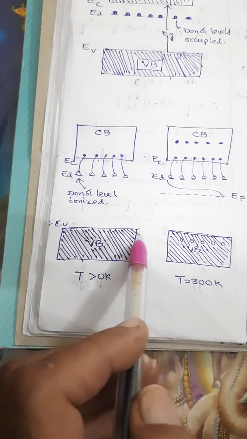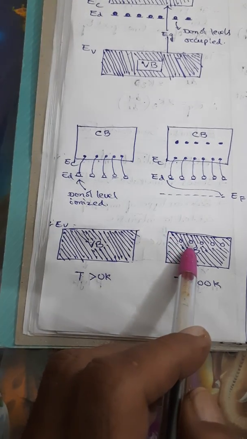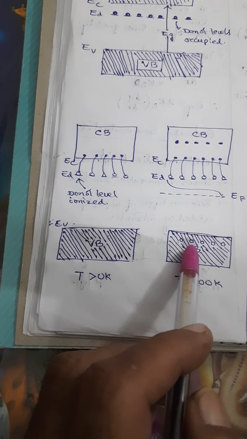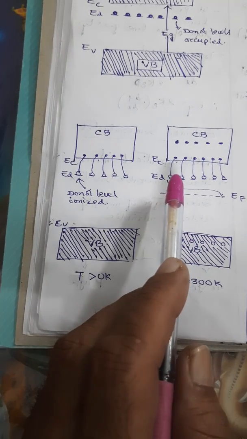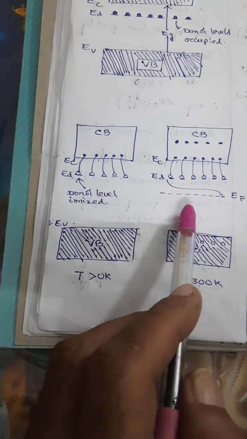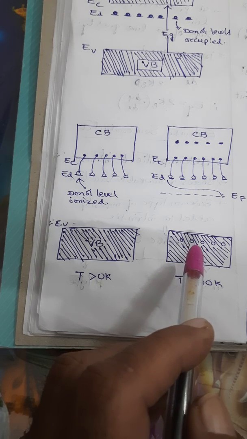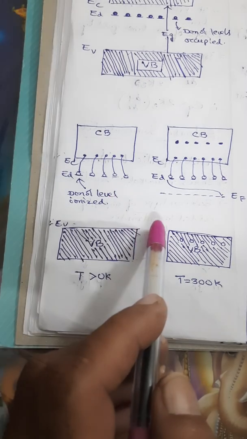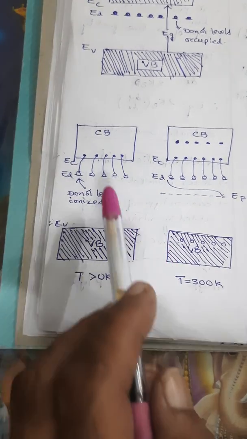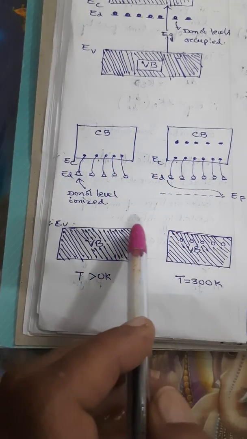That is, electrons move from the valence band to the conduction band, leaving holes in the valence band. That is a very interesting feature. As a result, the concentration of electrons increases in the conduction band rather than holes. Therefore, electrons become majority charge carriers here and holes become minority charge carriers. That is, the concentration of electrons, N, is greater than the concentration of holes. So this is about N-type extrinsic semiconductor.